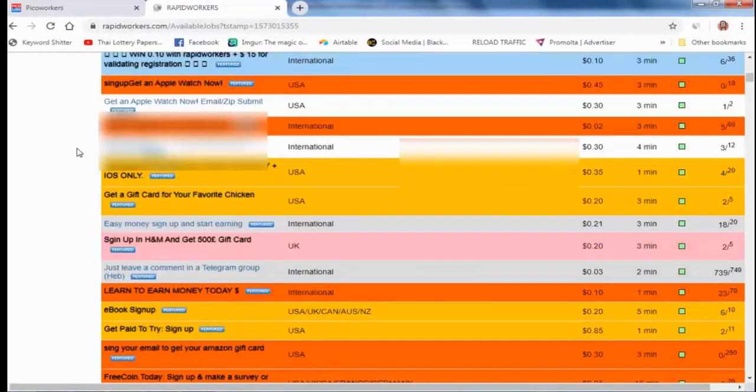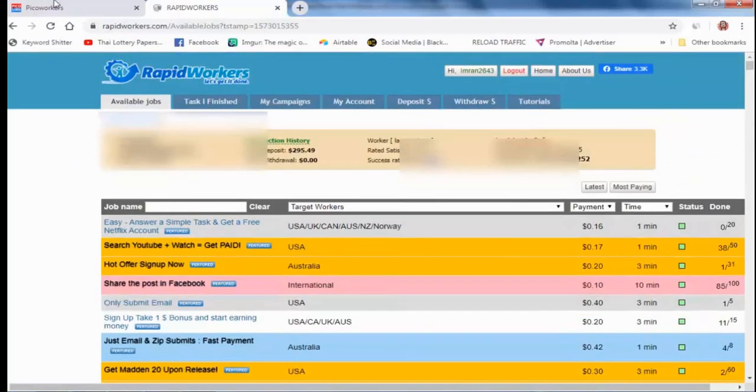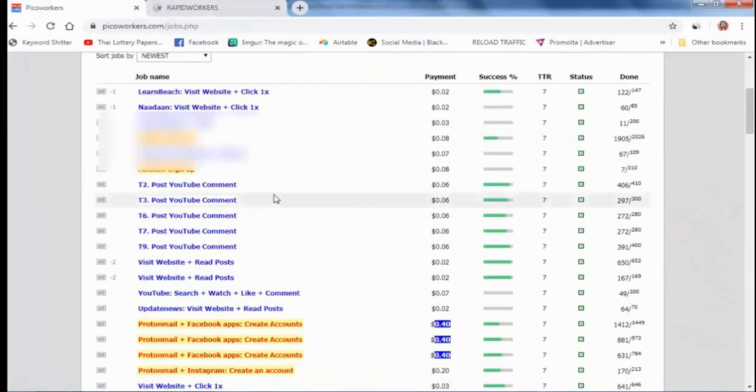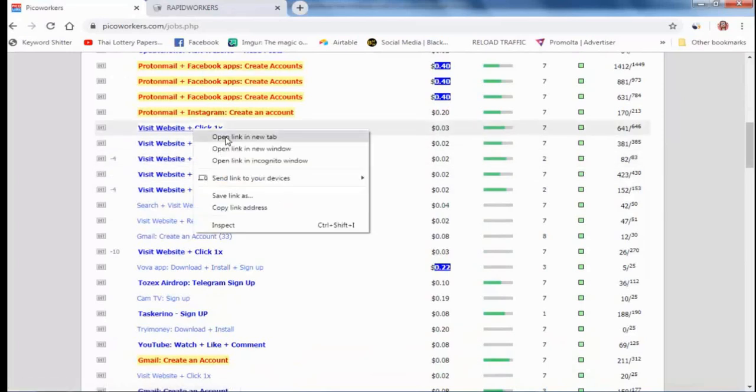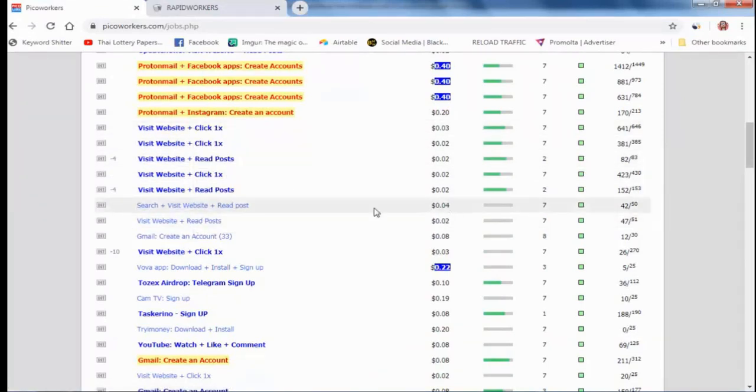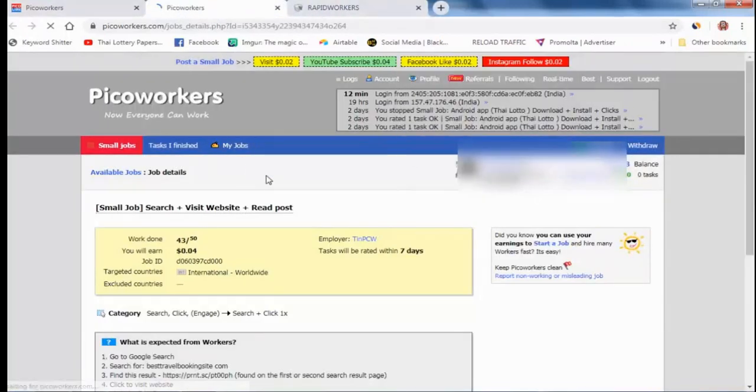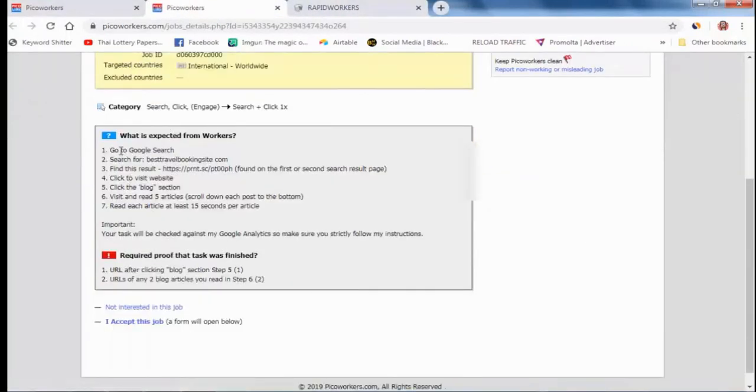If you don't know how to run a campaign, I can show you, you just need to open a campaign of someone. For example, I have opened this 4 cent campaign. You can copy this campaign, go to Google search and search for best travel booking site and find the result.